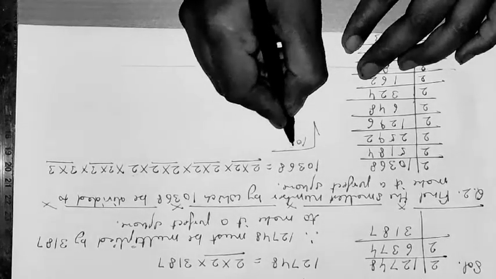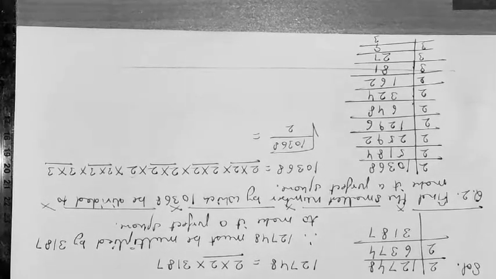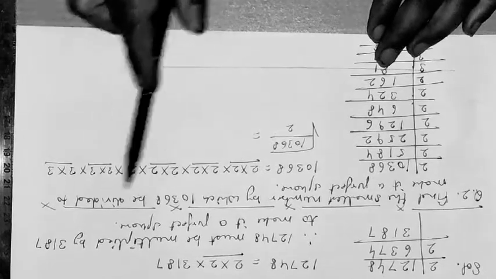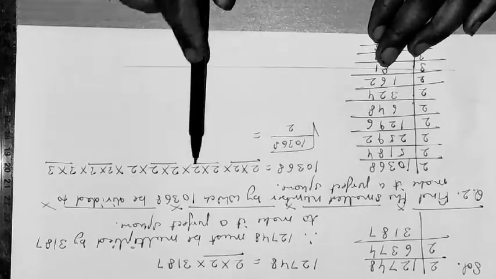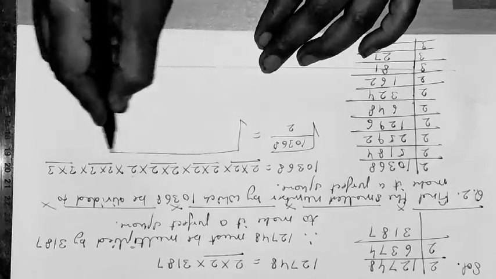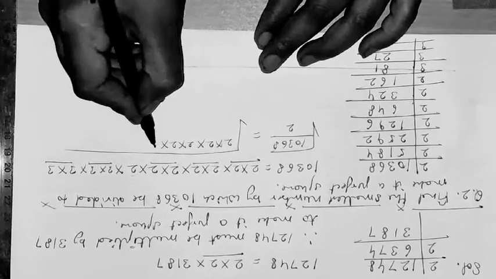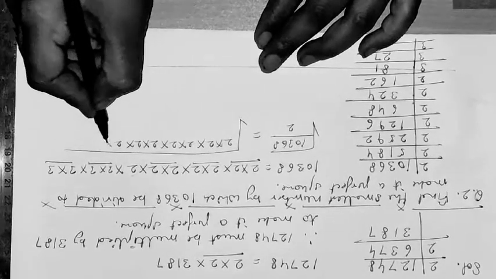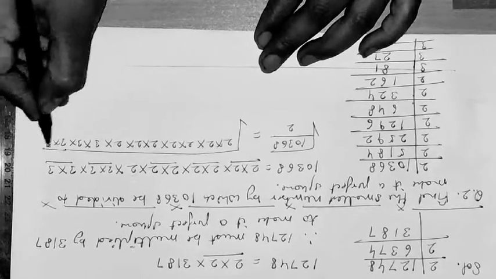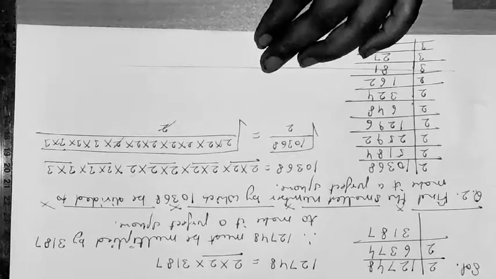Let us do it. We divide the given number by 2, and remember that we will divide this side also, because we are dividing the number. So the number we will divide by 2. If we divide the number by 2, that means its factors will also get divided by 2. Now I will cancel one 2 by this one 2.